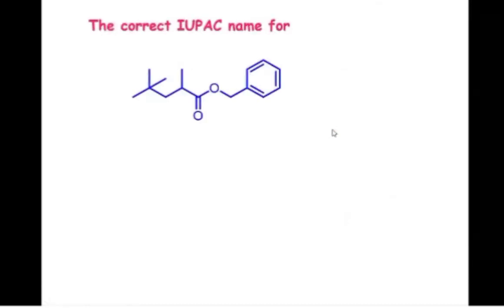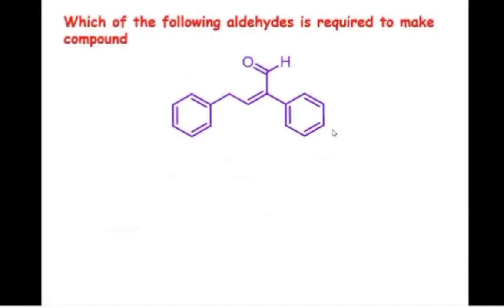Now, okay, I will skip this IUPAC question. See, this question was again asked in the GATE examination 3 to 4 years before. Which of the following aldehydes is required to make the compound? Read the question carefully as well as see the structure of the aldehyde. See, this is an alpha beta unsaturated aldehyde, and those who have studied retrosynthetic analysis can analyze this aldehyde in the proper way. But for those who have not studied the retrosynthetic analysis concept, how can it be solved? If this question is asked in a university examination, then you have to think a lot and give the proper answer, then only you will get 100% marks.